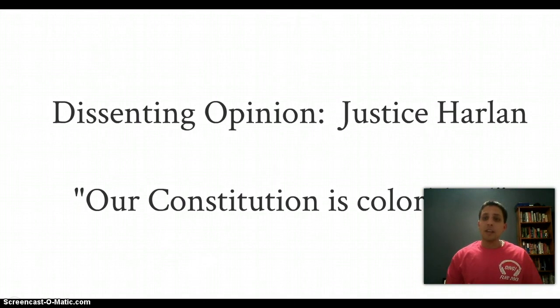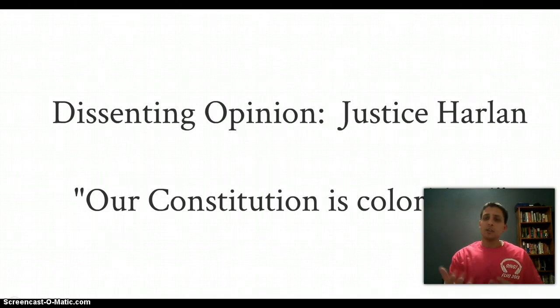And in a lot of ways, Harlan's dissenting opinion is very prophetic as far as he sees the problems that are going to happen in the future as a result of institutionalizing and accepting segregation, not just de facto segregation in the North, but institutionalized, accepted segregation through the law and through the Constitution. He sees it as a major, major mistake. And so that's where I'm going to leave you guys.